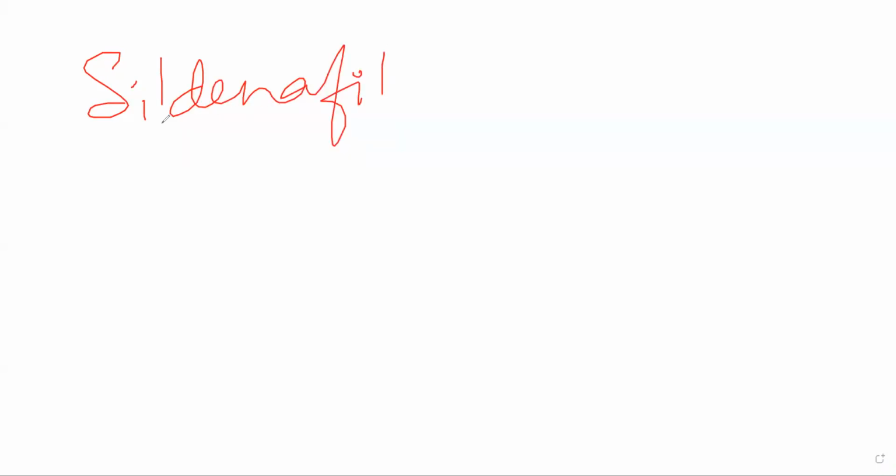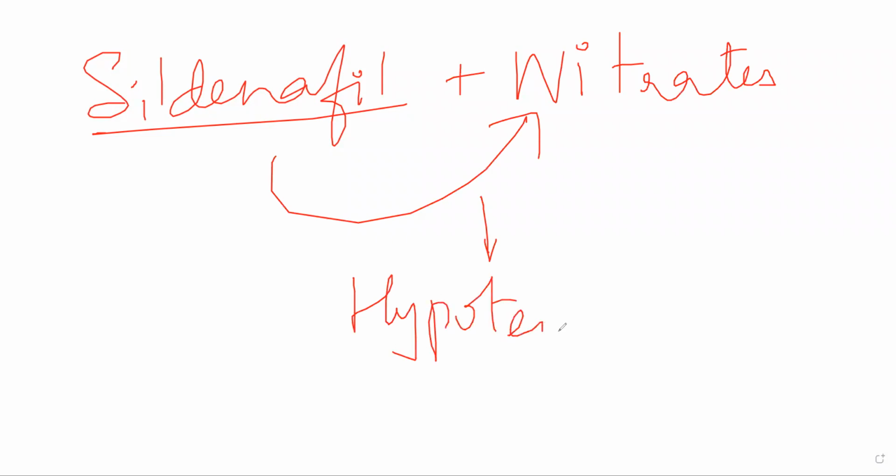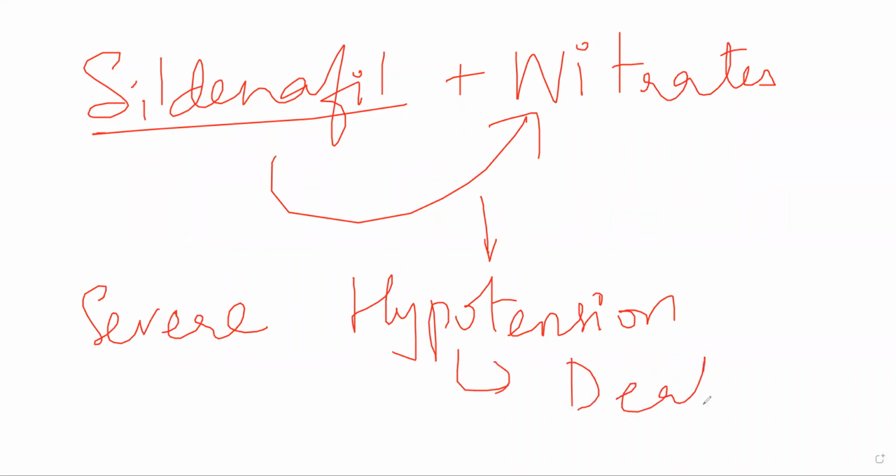Okay. And another thing, an important drug interaction that occurs with this, it is with sildenafil. Sildenafil is a drug, Viagra is sildenafil. So when you give sildenafil and nitrates together, sildenafil will potentiate the action of nitrate. It will increase the action of nitrate, and as a result, it will cause very, very strong hypotension, severe hypotension. Sildenafil itself is a hypotensive agent. If you give it with nitrates, it will cause severe hypotension, and this might lead to death. The patient will have a heart attack, and it might lead to death.